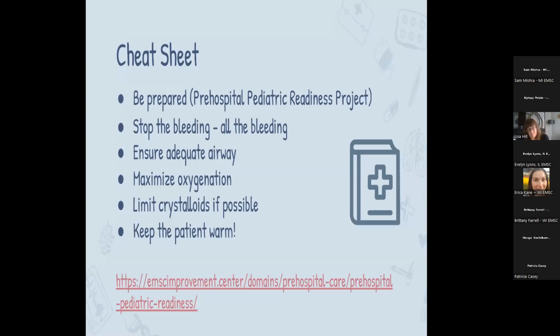Stop the bleeding, all of the bleeding, every red blood cell counts. Ensure adequate airway, maximize oxygenation, limit your crystalloids if possible. And that just kind of goes, we want to make sure we're getting blood into them, and make sure you're keeping the patient warm. This is the website for the pre-hospital pediatric readiness project,